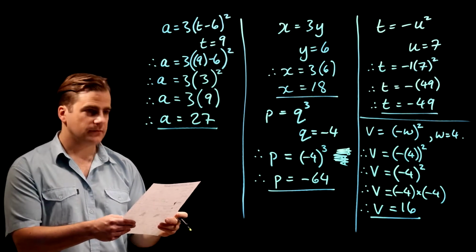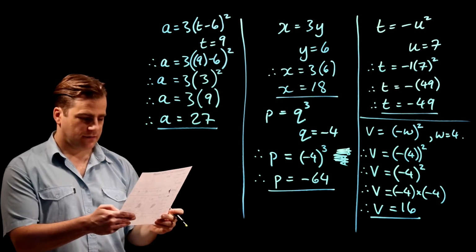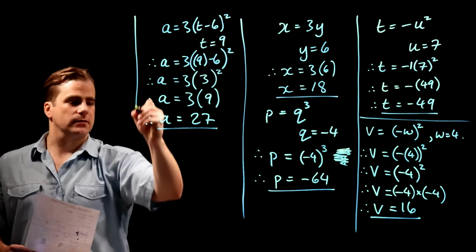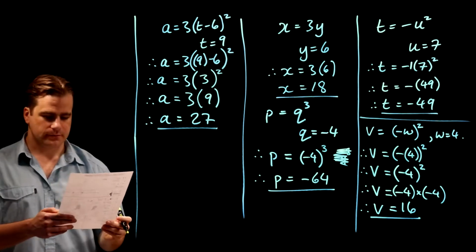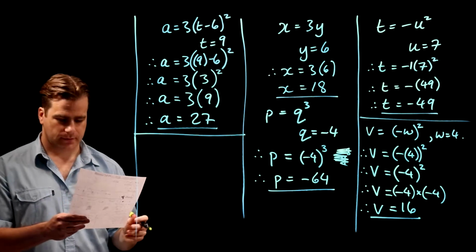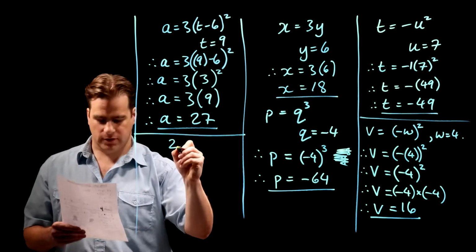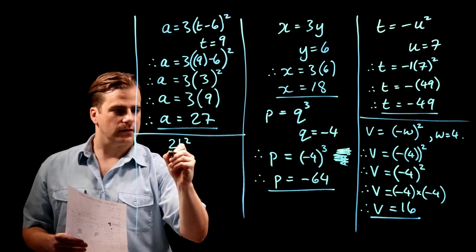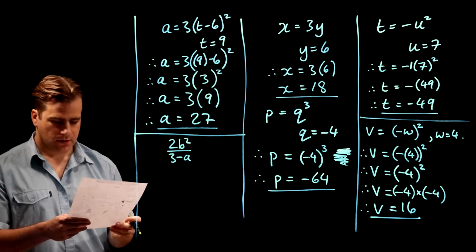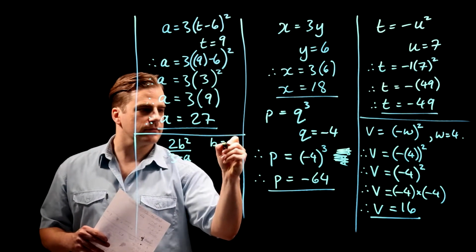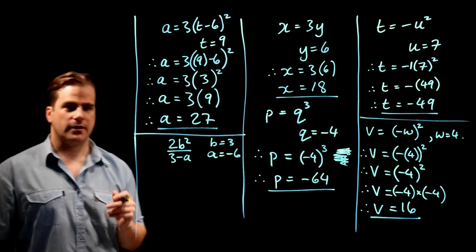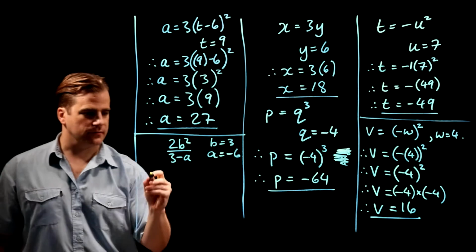Good. Right. Let's do one more here. Okay. Right. Let's do evaluate 2b squared over 3 minus a when b is 3 and a is minus 6. Okay? So,